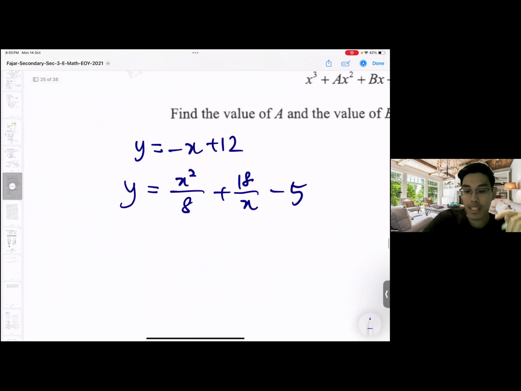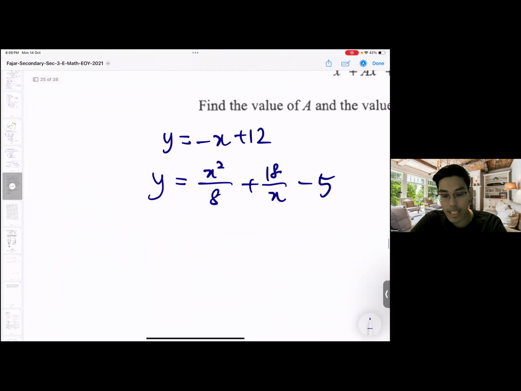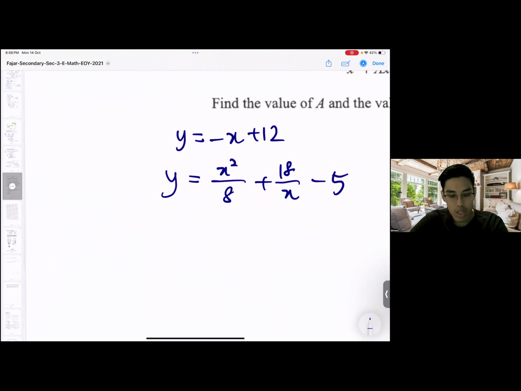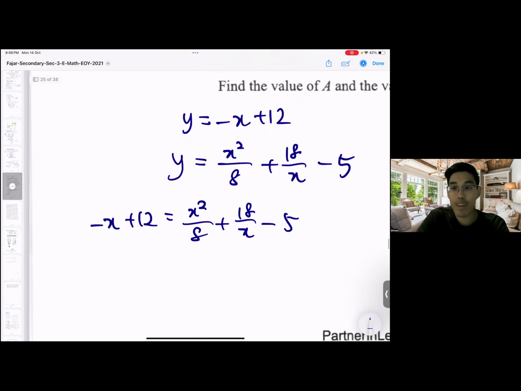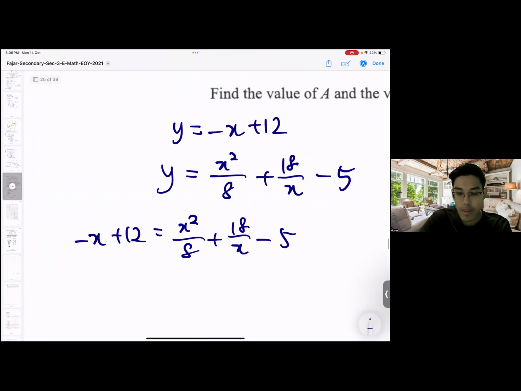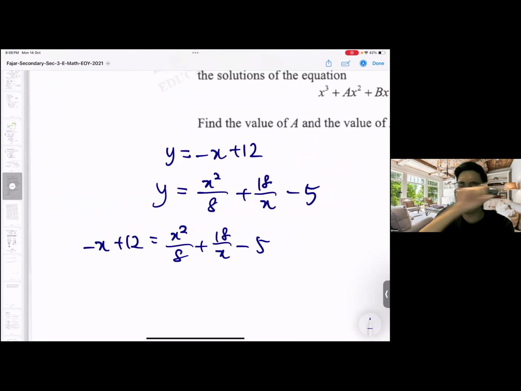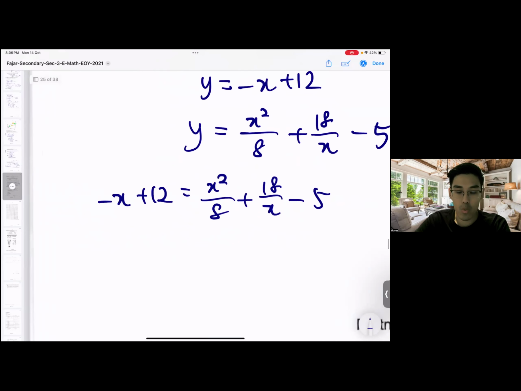So intersection means these two equations, I need to equate them together. That's the whole idea. Look carefully, so I can equate both like that. And then from here we can manually solve because it's the intersection. Intersection means the common values. That means the points of intersection satisfy both the straight line and the curve, so I can equate them together and solve for x. From x, I can solve for y. But we are only looking for the eventual cubic equation and the coefficients of a and b. So what we need to do from here is to remove the fraction.